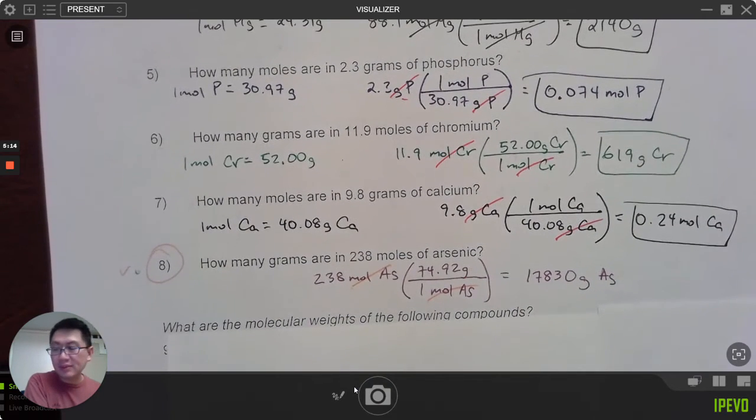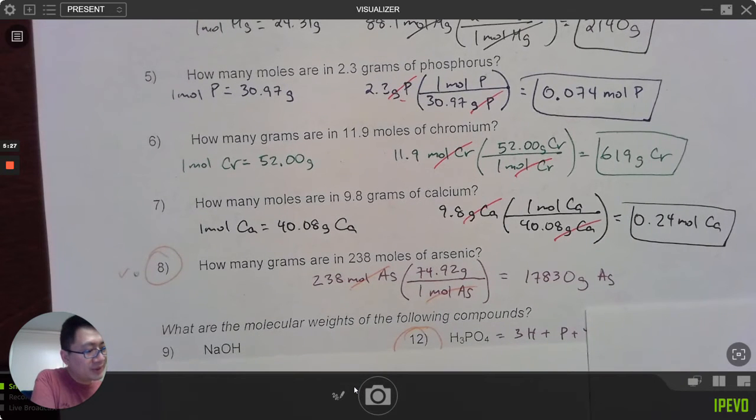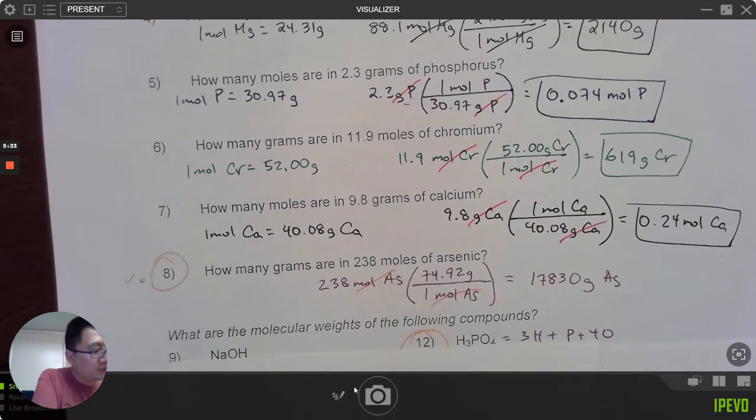Okay, so the rest of these, number 9 through 14: what are the molecular weights of the following compounds? Let's start with number 12, I have it over there. So for number 12,